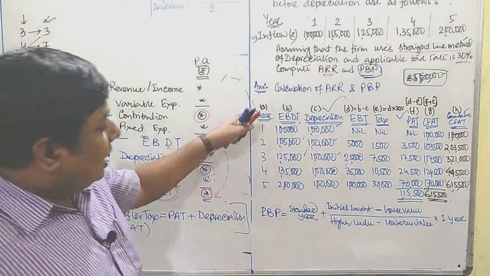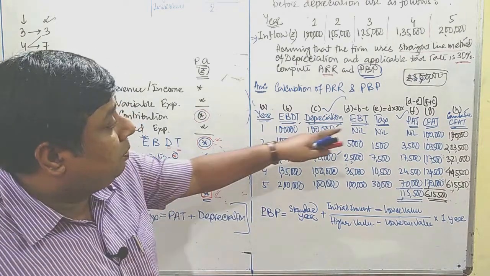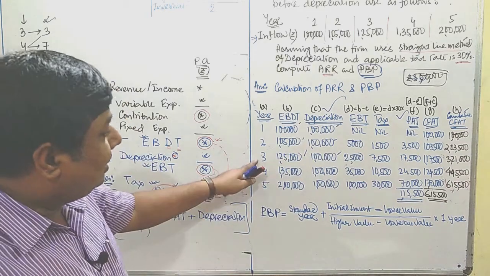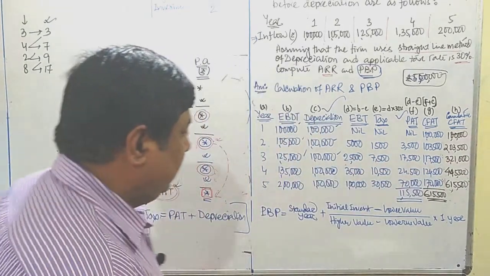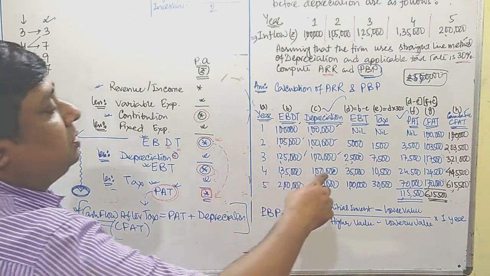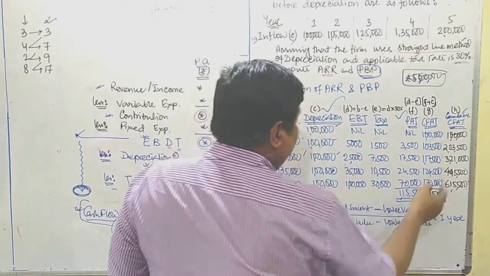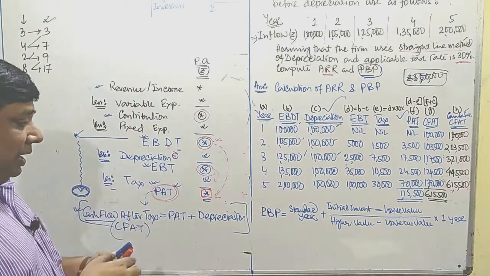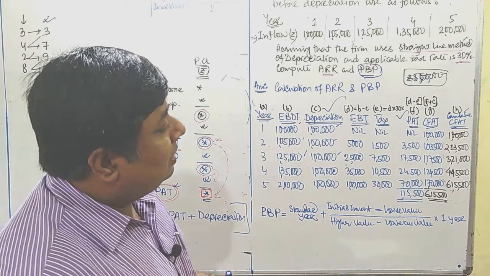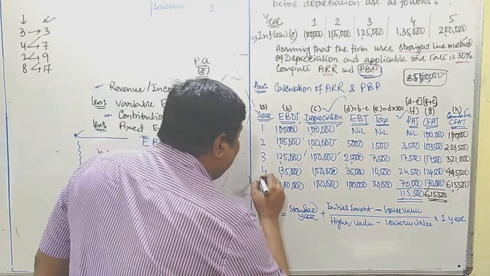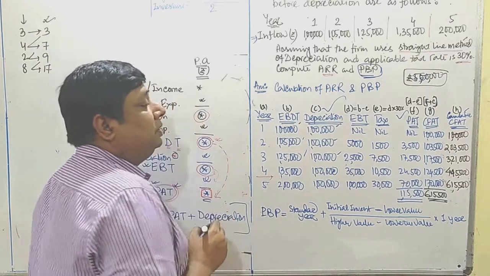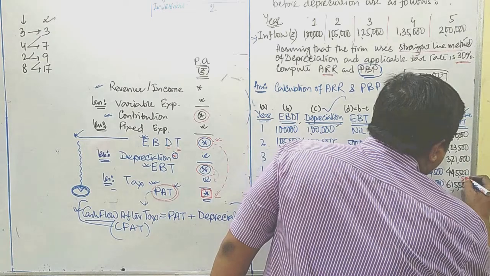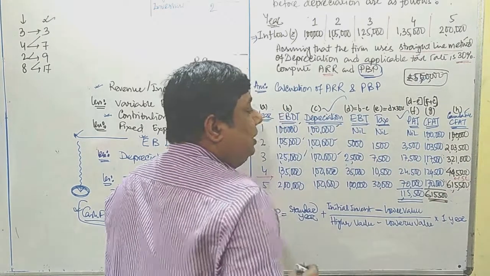At the end of first year, life of the project is 5 years. At the end of first year, the project will return us only 1 lakh rupees. Second year, 2 lakh 3,500. Third year, 3 lakh 21,500. In fourth year, the project will return us 4 lakh 45,500, and at the end it will be 6 lakh 15,500. Our target is 5 lakhs. At what time do those 5 lakhs return back to us? Now I must say that the 5 lakh rupees lies in between 4th and 5th year. If you plot 5 lakhs in the cumulative CFAT, as simple as that, the 5 lakh lies in between 4th and 5th year.